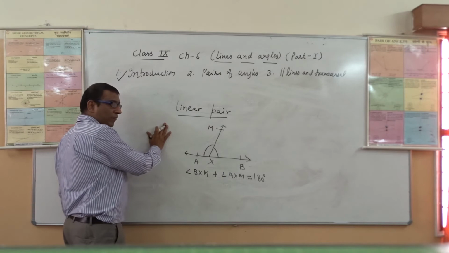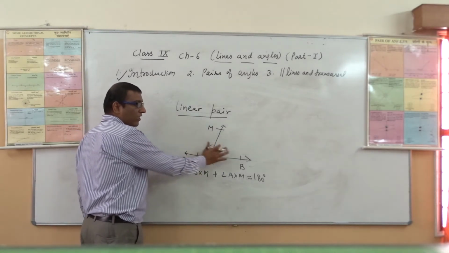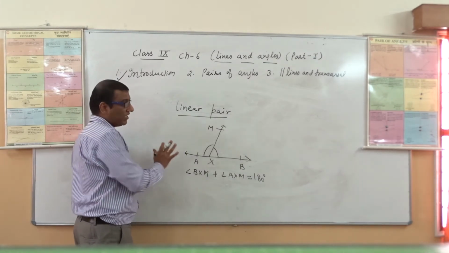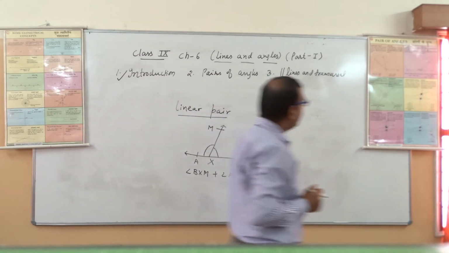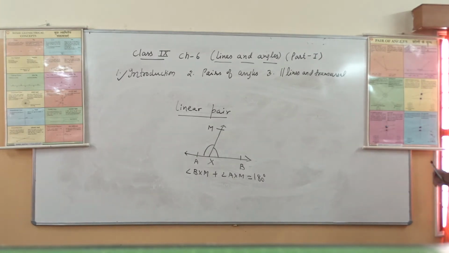I want to include one more thing here. Linear pair is the sum of only and only two angles. It is not the sum of more than two angles. So this is the condition for the linear pair. As you see here, it is written here, a pair of adjacent angles whose sum is 180 degrees. In a linear pair of angles, the opposite rays form a straight line.